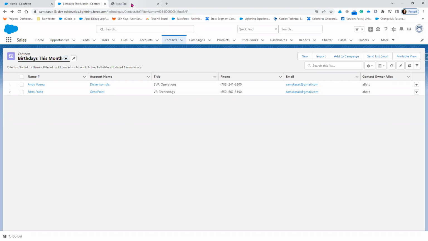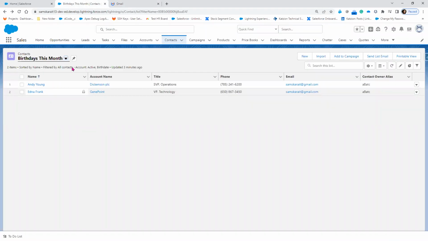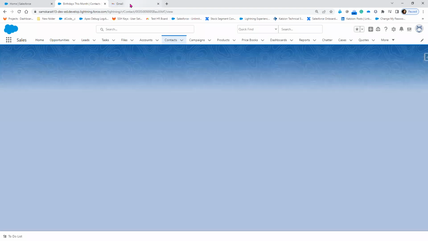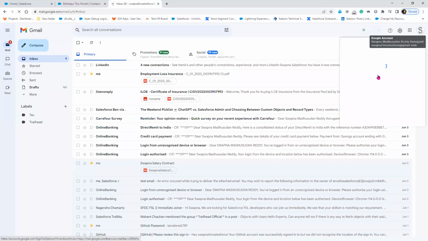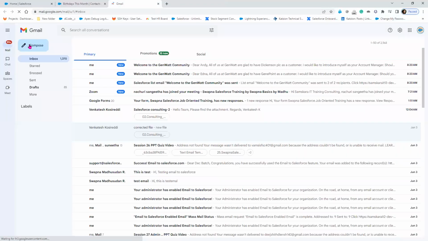Right? And another scenario. Somebody asked a question, I think 3 days back. If we want to send an email from Gmail to Salesforce. Now, from Gmail directly, I wanted to send details. So I have a Samskar ID. In the Samskar ID, if I say compose email,